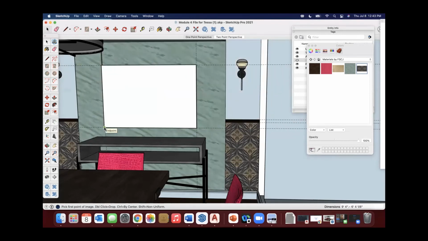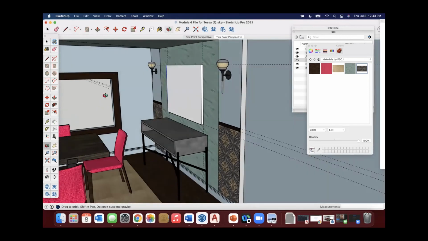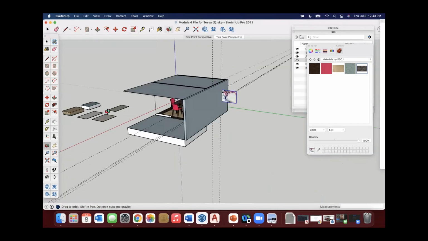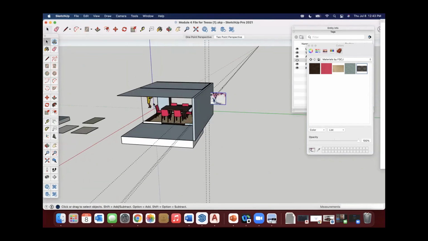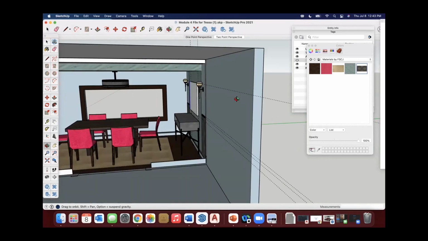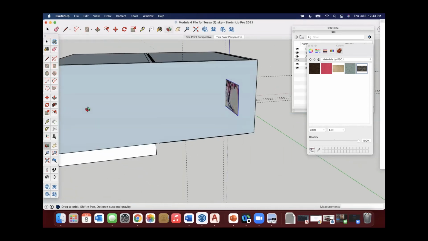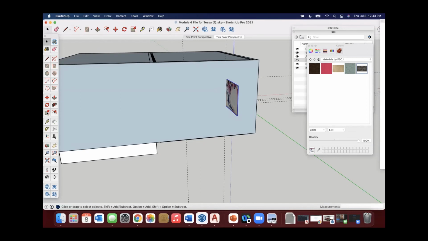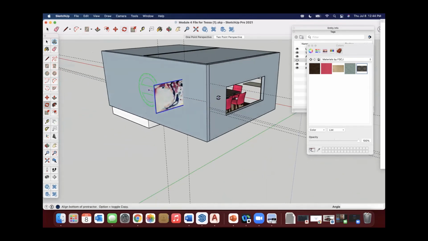And so I'm going to come down to the bottom of my painting, and I am going to scale it. And for whatever reason, it went that way. Sometimes it does that where you're like, that's not what I wanted. Okay. So what I can do is rotate that. So if I just click on this face, and hang on, I got to think about which way I want the rotate to go.